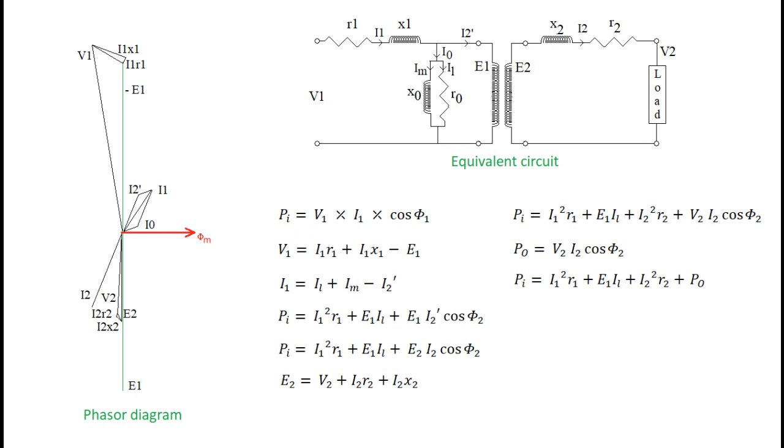Further, if we resolve E2 into three components that are shown in the next step, then we reach at output power. After replacing E2 by its components, we may apply same criteria that components in phase with I2 are retained and those in phase quadrature are dropped. Such a rearranged expression that relates input power, output power and losses is shown on screen in next column.